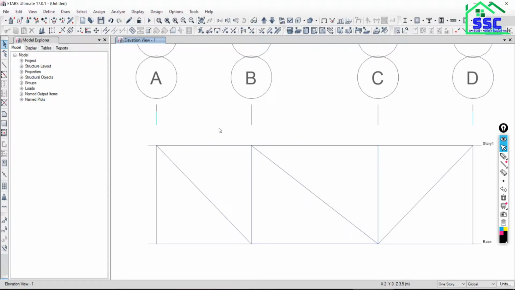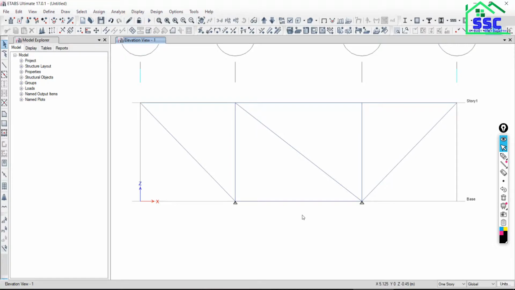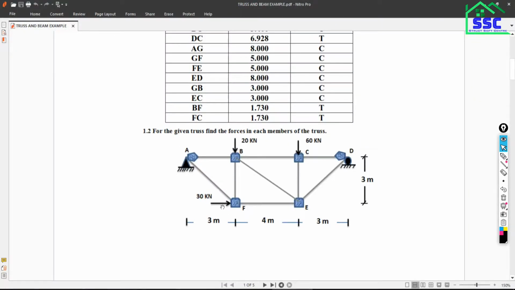Now the next thing we have to do is assign the support at this joint. But before that, as we already discussed in the last session, whenever you model anything at the base level, it will by default give the support to that joint, and that support will be a hinge support. So if you see our example, here there is no support, here no support, here no support, only the support is here. This is a hinge support, this is a roller support. These two things are there.